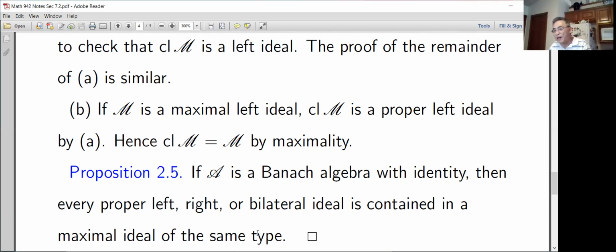Suppose we have a left ideal, okay? Then if it is not maximal, we have a larger one. Then we get a chain. We get a chain of these. Then the union of this chain,